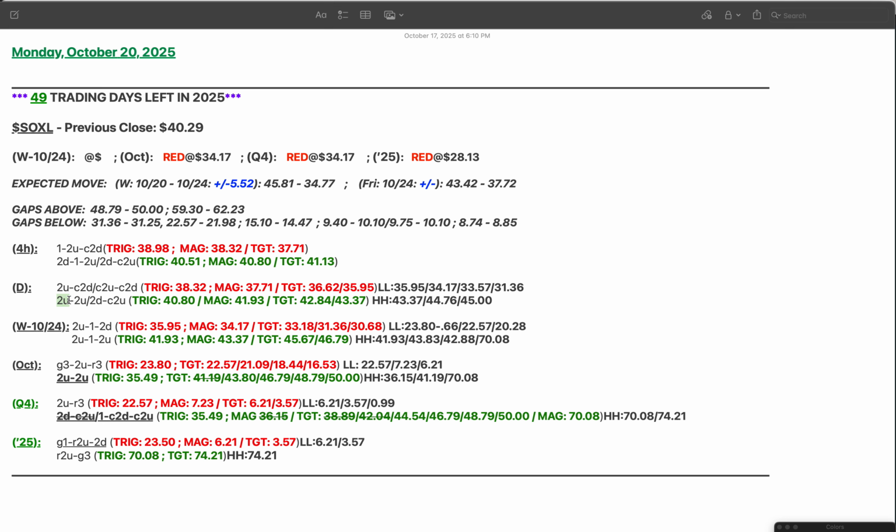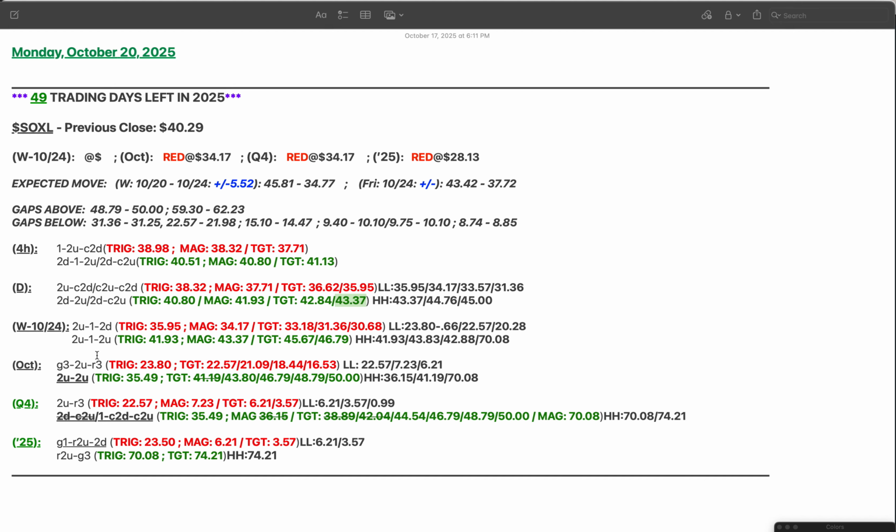If we go to the upside, that triggers a 2 up, 2 up continuation. That is a 2 down, 2 up reversal triggering at 40.80 with the magnitude of 41.93. And that then would trigger the 2 down, combo 2 up with the magnitude of 42.84 and an extended target of 43.37. All right. Now I've already gone through the week, month, quarter, and year on the chart, so I'll